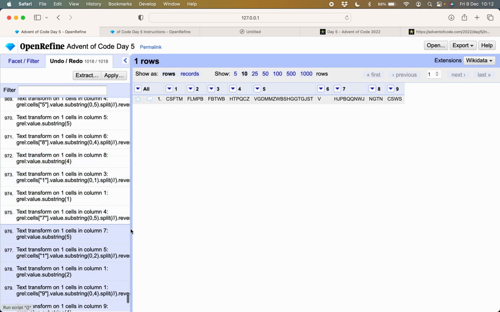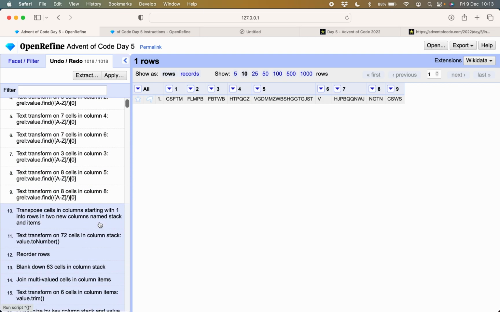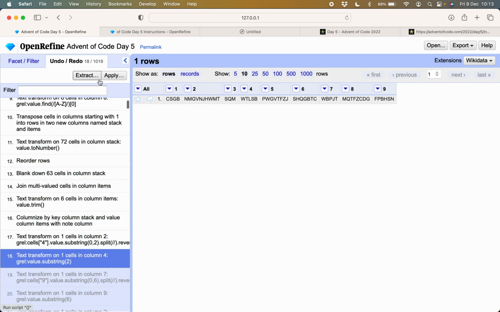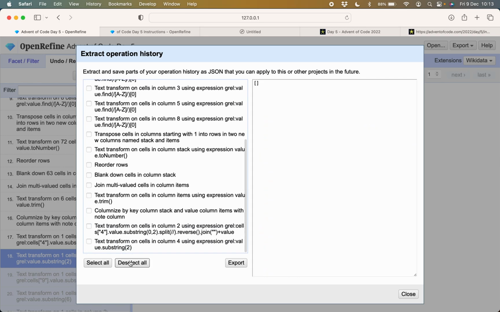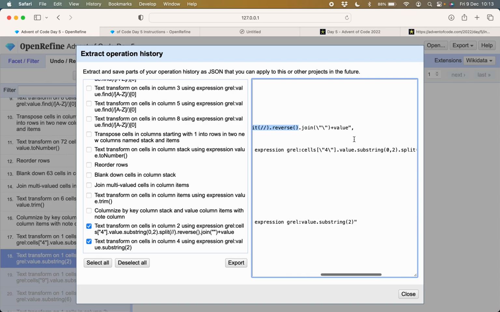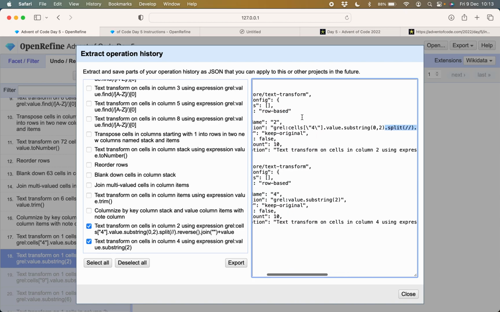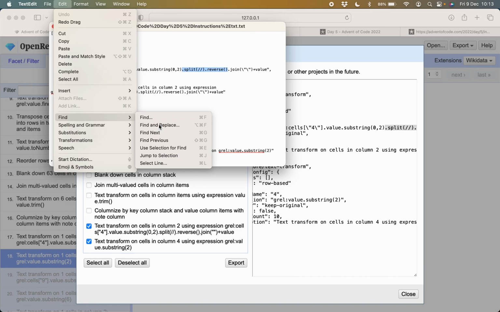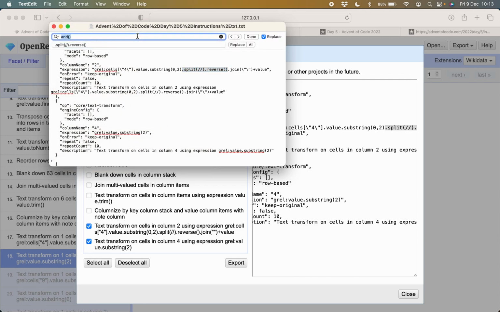But so we can come back to, okay, let's go to here. So it's these two operations, but in here we've got the split reverse aspect, so we can take that out and apply the same again. Now, so actually, honestly, the easiest thing to do here would be to just do a find and replace here, I think. So replace that with nothing. So I think if we